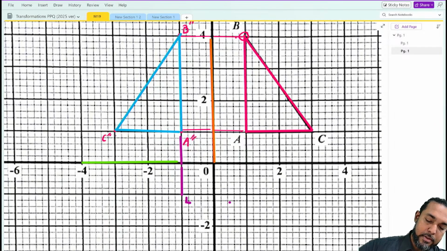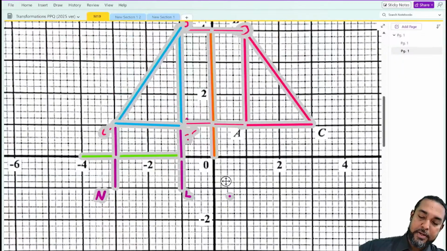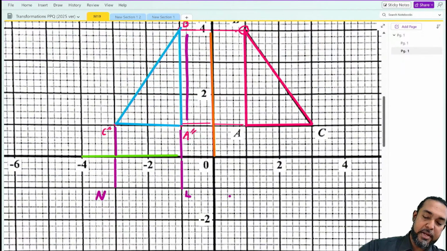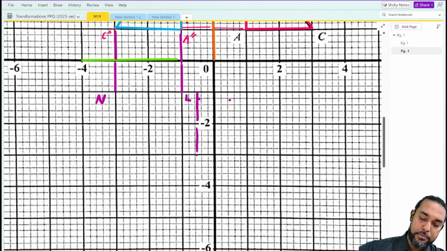What about C? That's 1 unit away, so its reflection will be 1 unit away as well. All right, what about B? Again, you could count 1, 2, 3, 4 spaces and then count 4 spaces down. Or you could say, I had to go 3 spaces up from A to get to B, so if I'm reflecting, I have to go 3 spaces down. So M would be here.